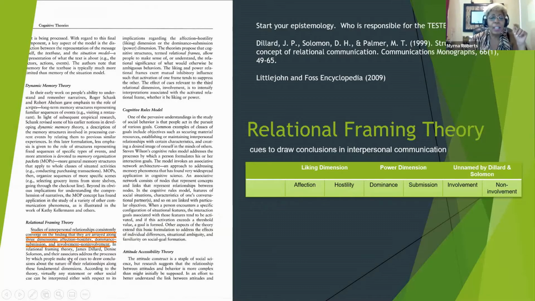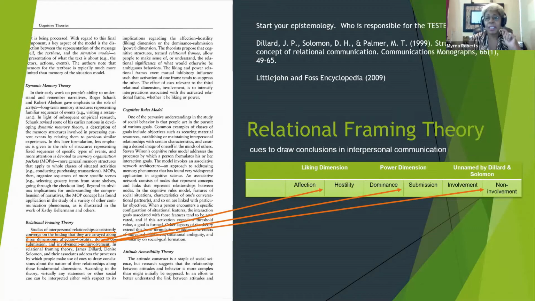So when they told me that, the first thing I did was write down affection, hostility, dominance, submission, involvement, non-involvement. I got that from the epistemology. I pulled it right out of the page and put it in a table. And when you read a little more, it says the relational frames allow people to make sense of and understand the relational significance of what would otherwise be ambiguous behavior. So after you do your literature review,